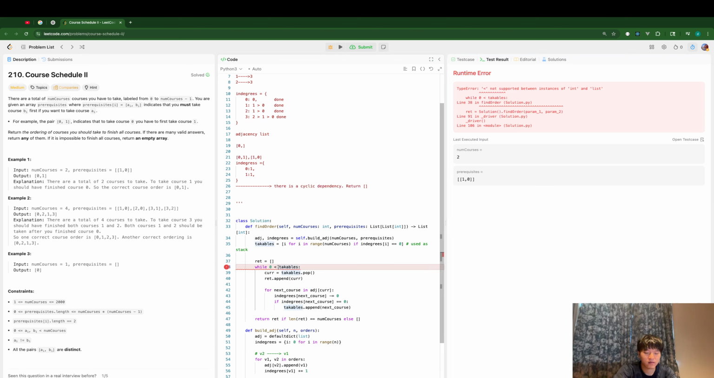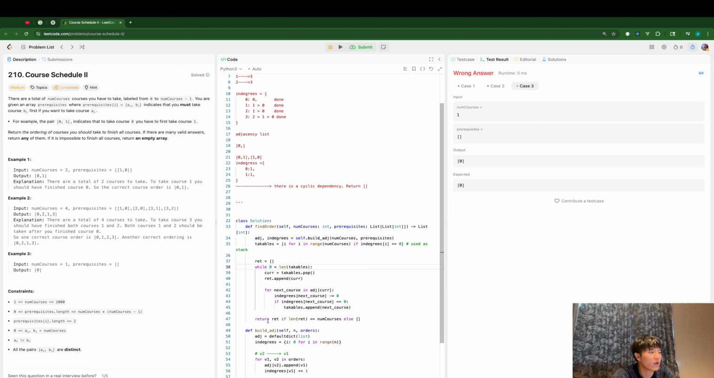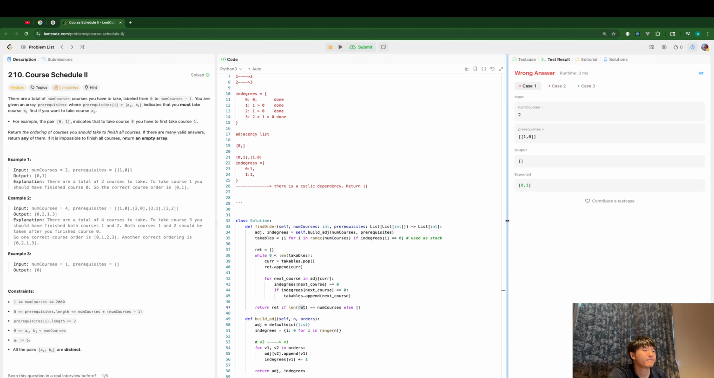I see. So it failed. Seems like the length of the return is okay, so seems like an empty array is returned somehow. Let me think. So in this case, there are 2 courses and the prerequisite is 1, 0. It should be 0 to 1. Yes. But in my case, I return